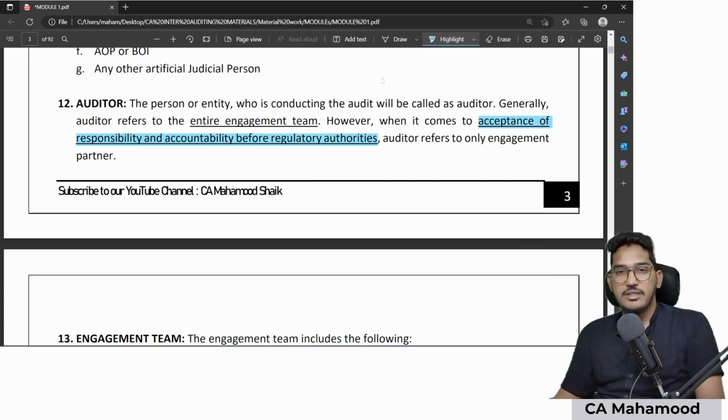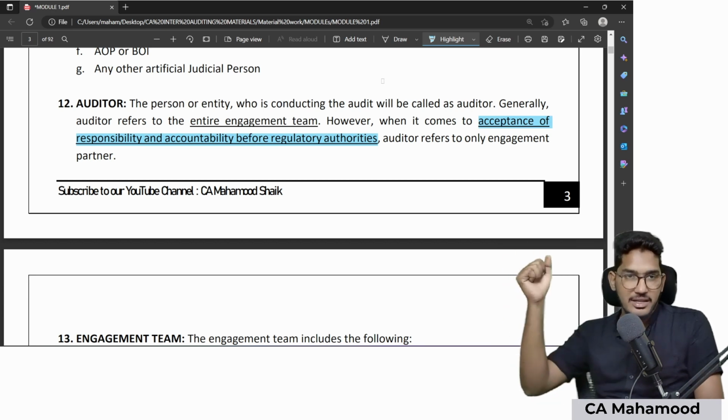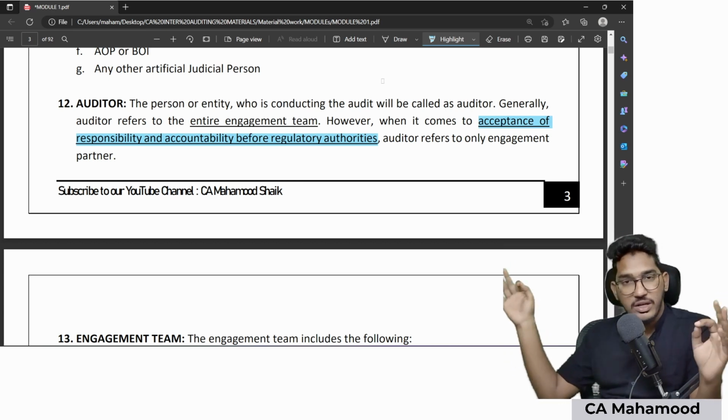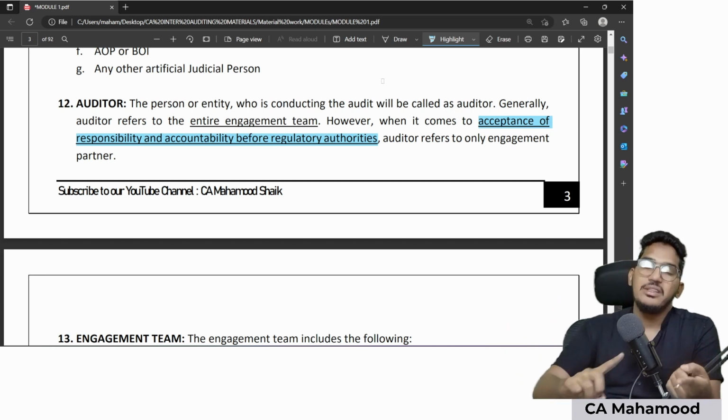the auditor should be arrested and kept in jail for 2 years. Now, people have come for arresting the auditor. At that point of time, the engagement partner is not there. Can they take the article assistant and keep him in jail for 2 years? No. Why? Because it is a matter relating to accountability before regulatory authorities. If they are saying the auditor is accountable for so and so thing, the auditor is responsible for imprisonment, their auditor means